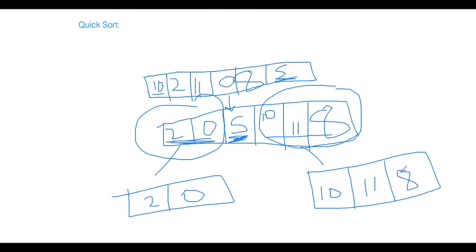Okay. Right? And since we have chosen the logic of choosing the last element as the pivot element, here we will bring this 0 to its proper location. So what will happen here? And just to note one thing, we are still doing everything in the same array. Even though you will see a smaller set, we are not creating a new array out of it. We will just use the beginning and last positions so that we can figure out that sub-array, right? It means we are not creating a new array out of this 2 and 0. We are using the same array, but we are restricting the positions of the array so that we will always get a view of this part, and not the complete array.